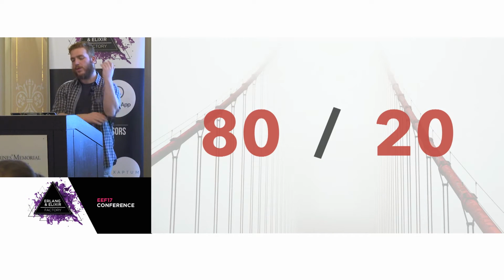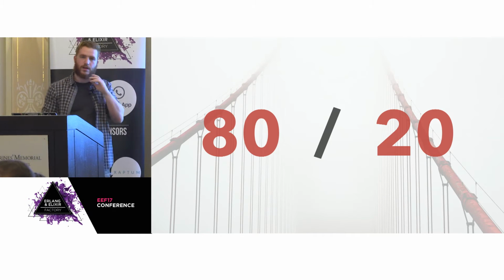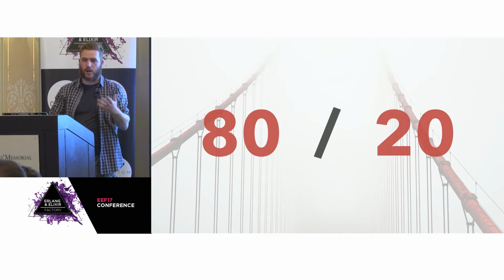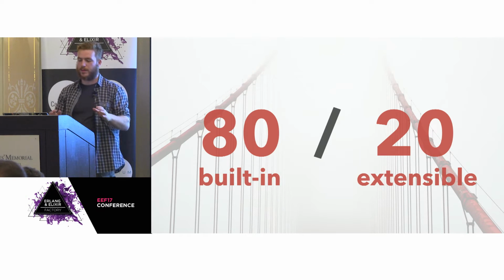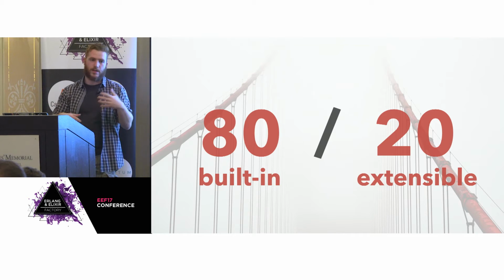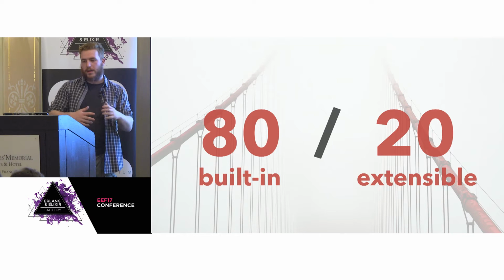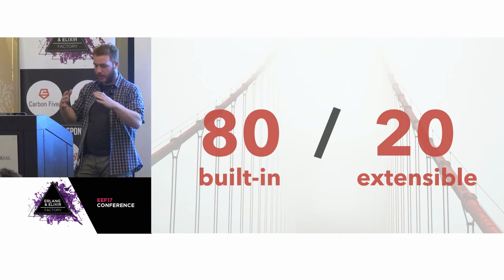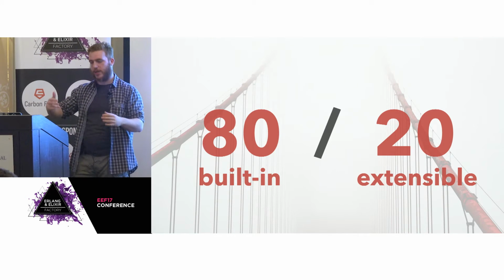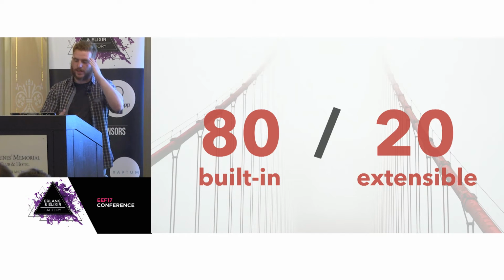And I think a good rule is like an 80-20 rule: having 80% of the common use cases covered and built into your library, and the remaining 20% be extensible. So what this means is that the 80% most common use cases should be implemented in your library so that, as a user, you can just write a small amount of code to achieve what you want to do in these common cases, right?